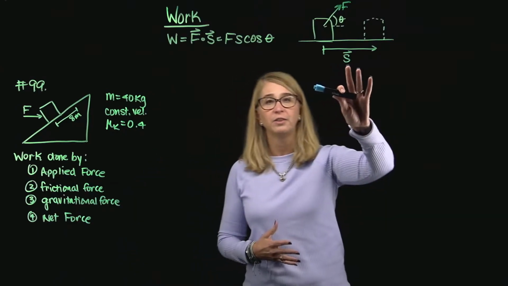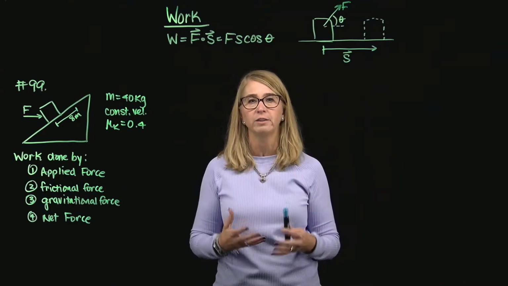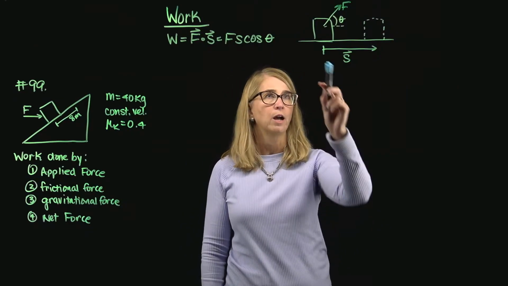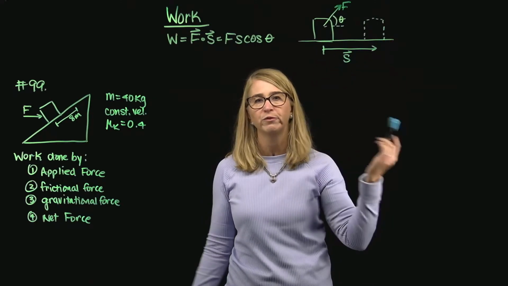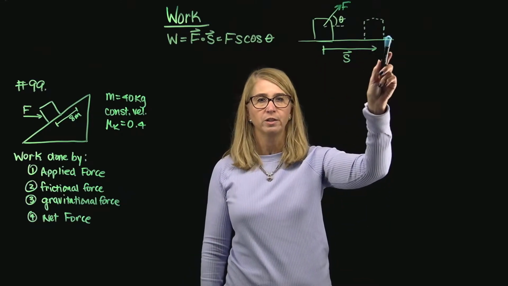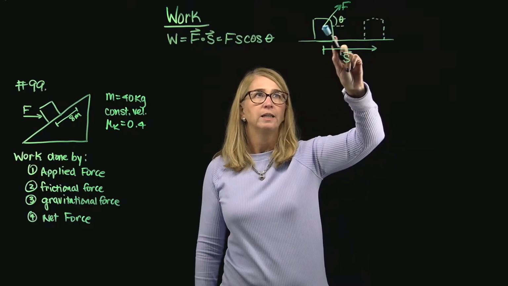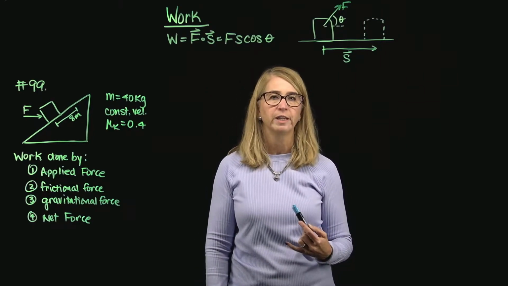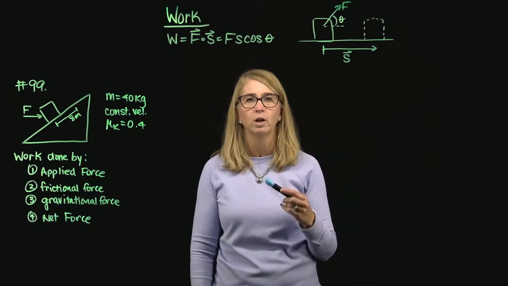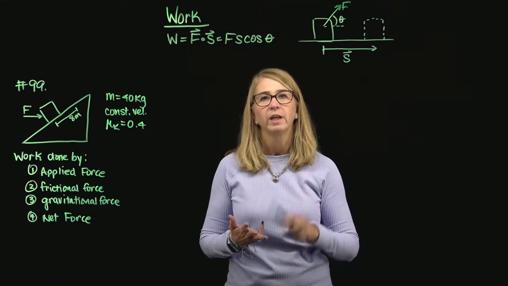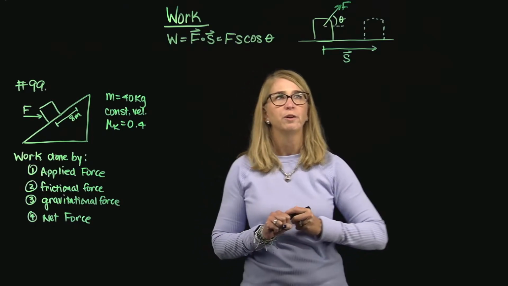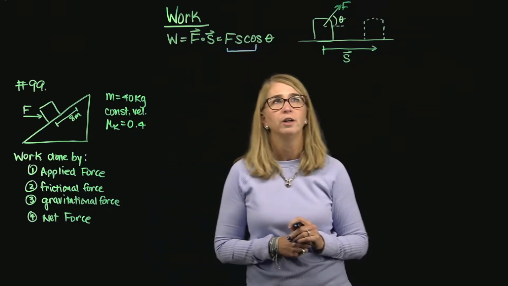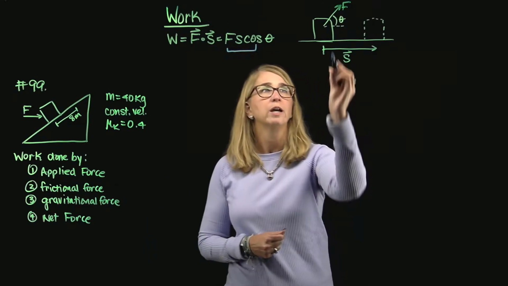So just looking at this picture, I want you to think about how this expression makes sense. This is a pretty simple scenario where I'm moving a box along a flat surface from this location to this location. The way that I did it was by applying a force that's at an angle. So here you see all the different things that are used to calculate the work: the force, the displacement, and the angle. Now, what I want you to think about is if I sort of put these two terms together, the force times the cosine of theta,